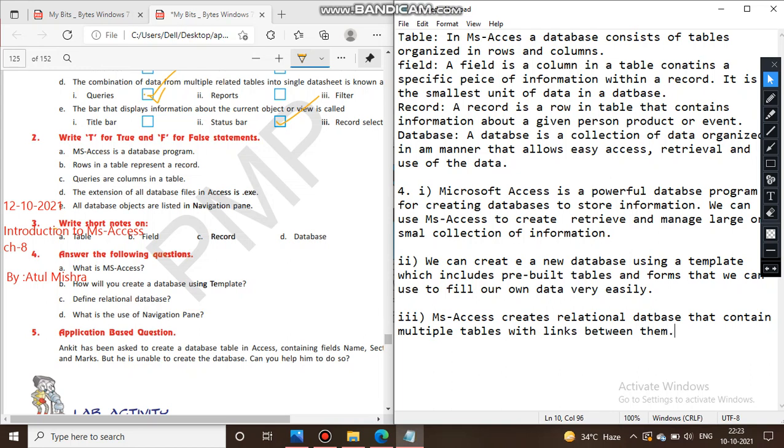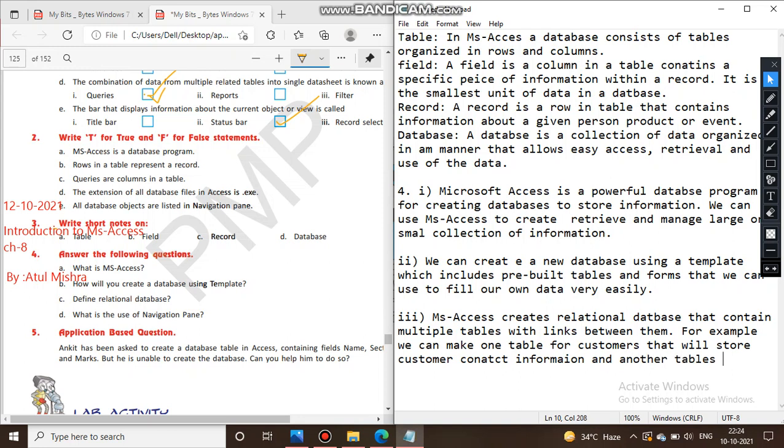Okay, for example, we can make one table for customers and that will store customers contact information and another table for orders that will store information about the order placed. Okay.